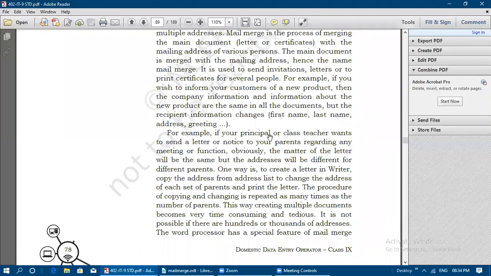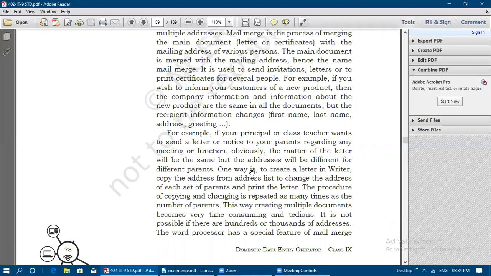One more example: if your principal or class teacher wants to send a letter or notice to your parents regarding any meeting or function, obviously the matter of the letter will be the same for all the students, but the addresses will be different for different parents.